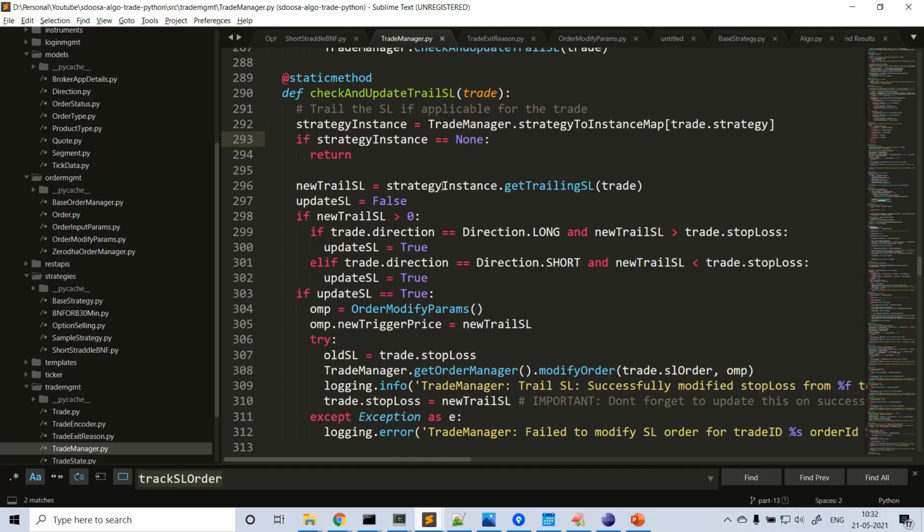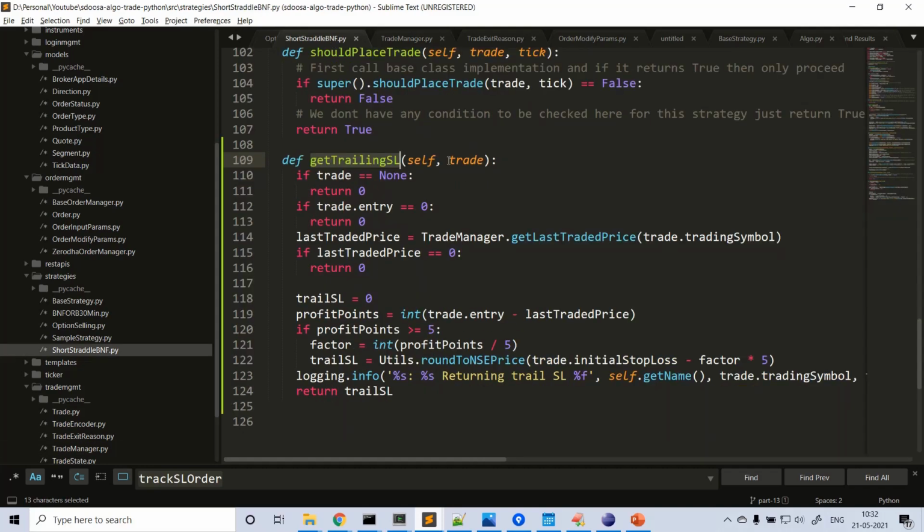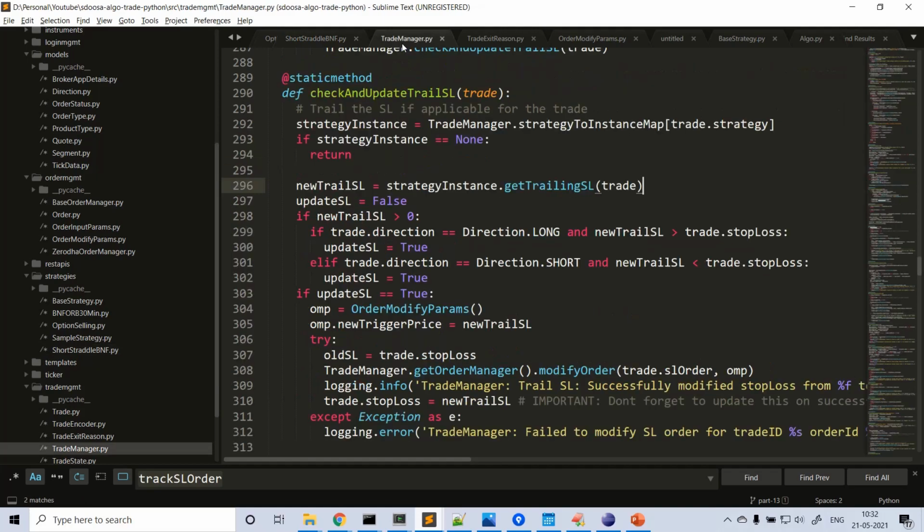And now when you get the strategy instance, get trailing SL by passing this trade. Here I am calling the get trailing SL method. So that means this will be called here, and as per the logic we can get the trail SL, right? You got some new trail SL, it can be 0 or some positive value. When this new trail SL value is greater than 0, then only we are going to update the trail SL, because other strategies may not have the trail SL functionality by default.